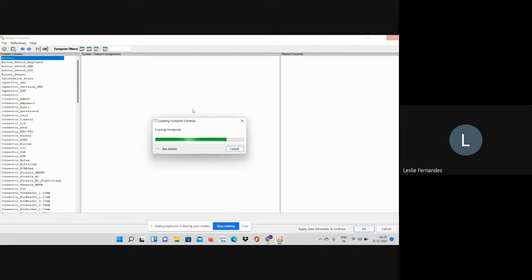There are a lot of footprints in this KiCad tool, so it's taking some time to load. KiCad is used to make motherboards also, computer motherboards. It's free, open source software, a very powerful tool.